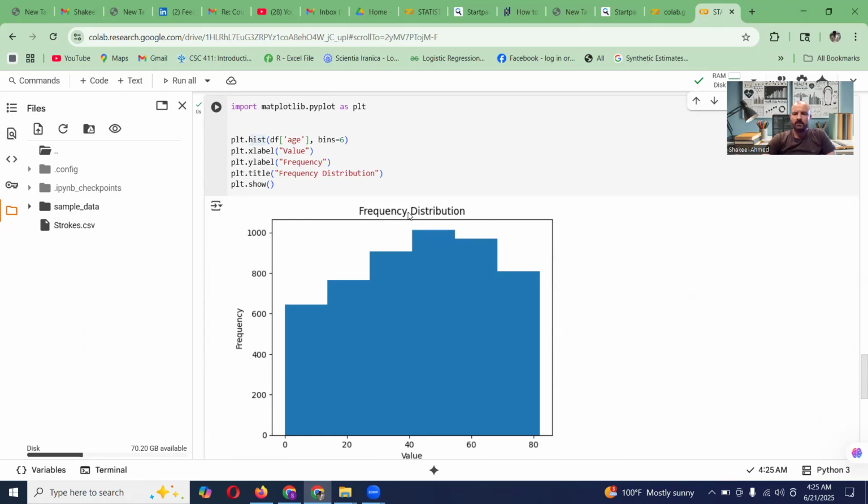When we have a categorical variable, then we need to create frequency distributions, then cross tabulation, and then we will go for statistical inference involving categorical variables and continuous variables. So for now,